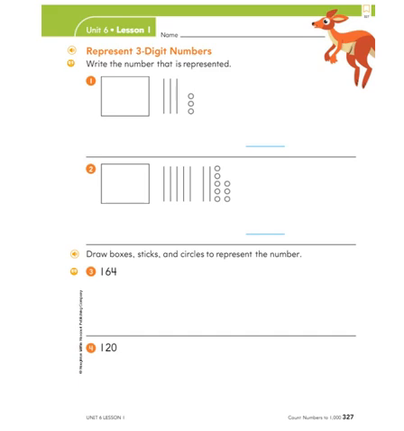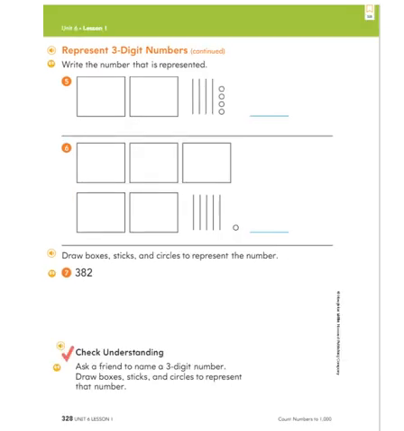For number 3 and number 4, they gave you the 3-digit number, and your job is to draw the boxes, sticks, and circles to represent that number. On the back of the worksheet at the top, you are looking again at the quick hundreds, tens, and ones and writing the 3-digit number on the line. And then at the bottom, you have one more where you have to draw the boxes, sticks, and circles to